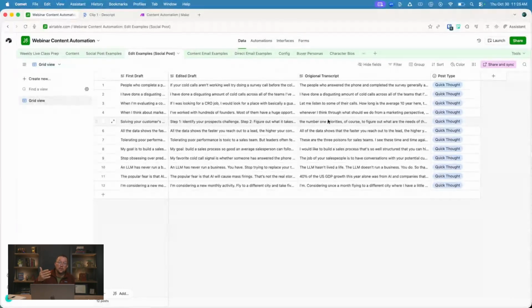Like the original post will match up to some original post in some way, whether by topic, but mostly by structure, subject matter, that kind of stuff, or AI errors. I call them errors or not, it's just like what the AI wrote. And I would rather this pick the edit examples that most closely match the original post that I'm about to ask it to edit. What I mean by that is, for example,